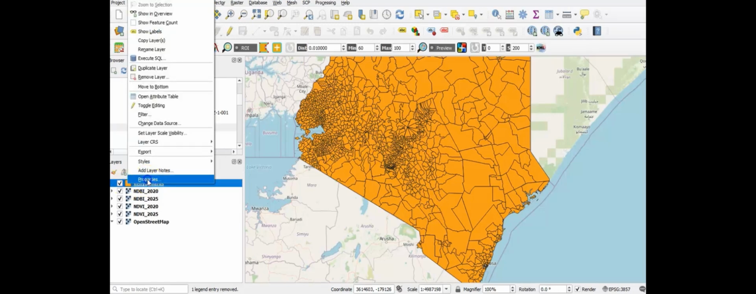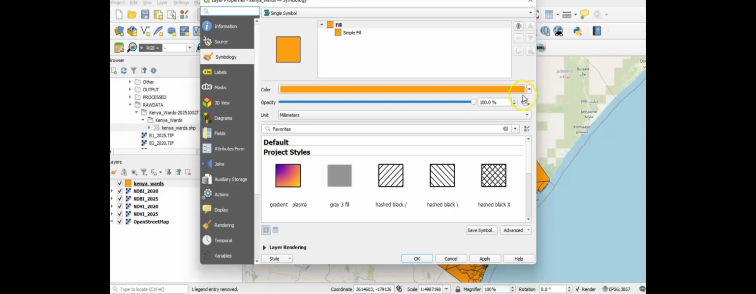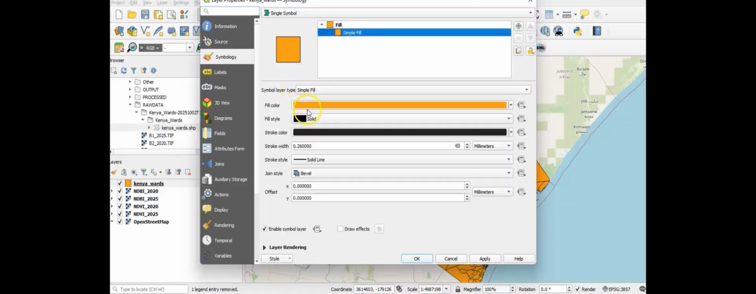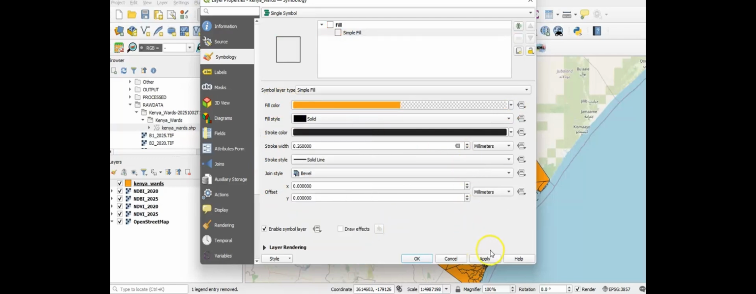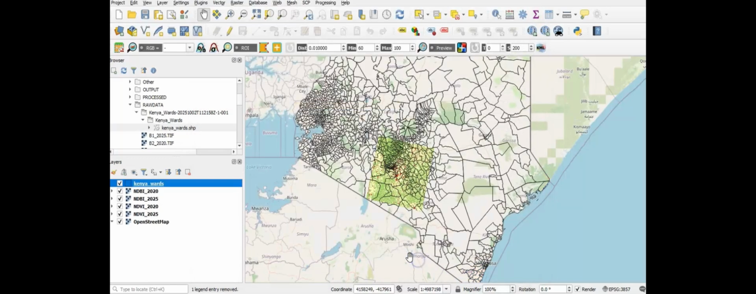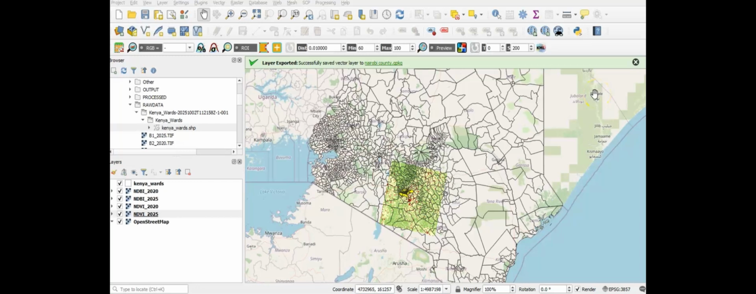I'm going to change the color to no fill. Right click on the layer, then Properties. Fill color, we're going to use transparent for the color, and then click on Apply. Okay. Now we have our Kenya boundary shapefile, and it looks a little bit messy, but let's focus on our